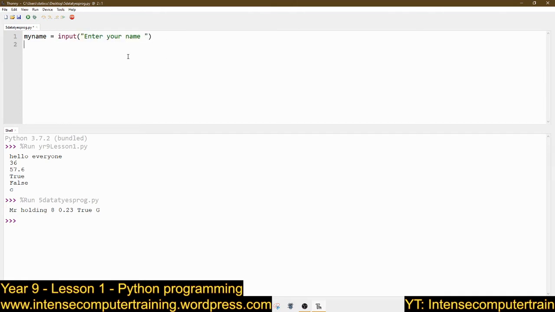So when I run it, it says enter your name, and look, it's waiting here, because it's waiting for me to write something in, and it's going to save it to that. Whatever I write is going to be saved to this variable. So I'm going to write IHO, and then nothing happens. Look, I typed in IHO, press enter, and nothing's happened, because that's the only line in our code. So let's print out what we just typed in. So let's print out my name.